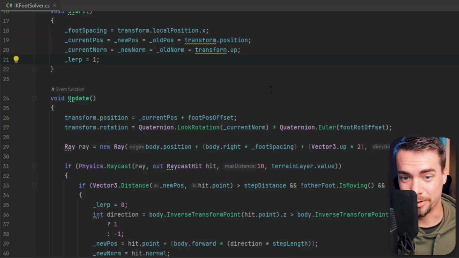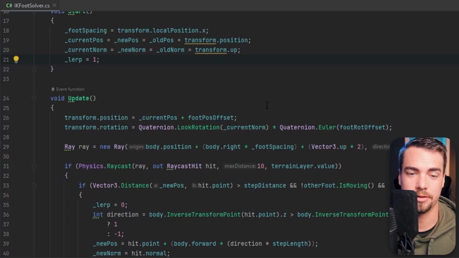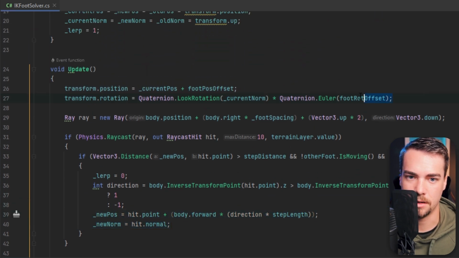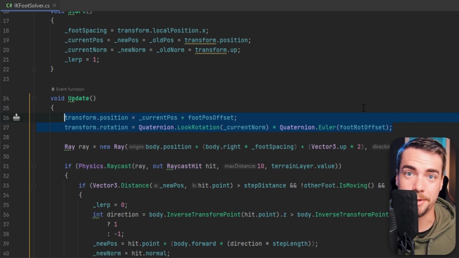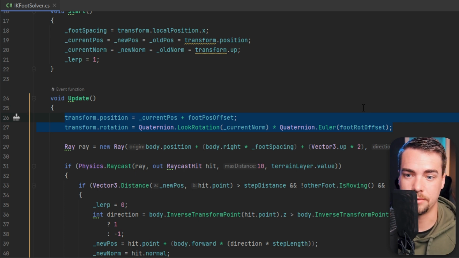Let's jump back into the code real quick for a second. I have adjusted the offset code a little bit, so I took it from down here. So we were adding the offsets on these two lines here, and I am adding the offsets here in the update because I wanted to be able to dynamically adjust them instead of just adjusting them every single step. I wanted to be able to just drag the slider and it changed there on the spot. So by adding it to these two lines, you'll notice all I did was add the position offset onto the current position, but